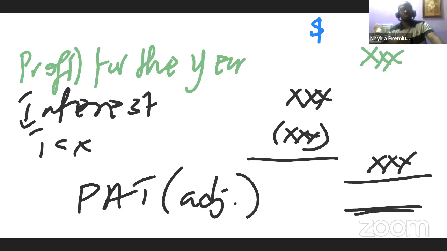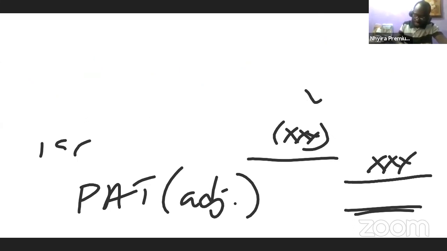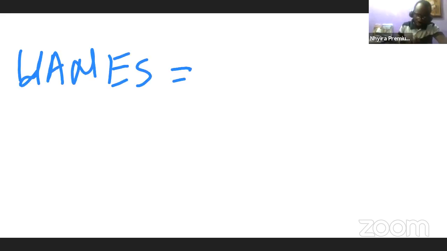Then we come to the weighted average number of equity shares. How do we get that? We get that by, like I said earlier, bringing our outstanding shares, then we calculate the number of shares that the stockholders will get. So the weighted average number of equity shares will be equal to the outstanding shares